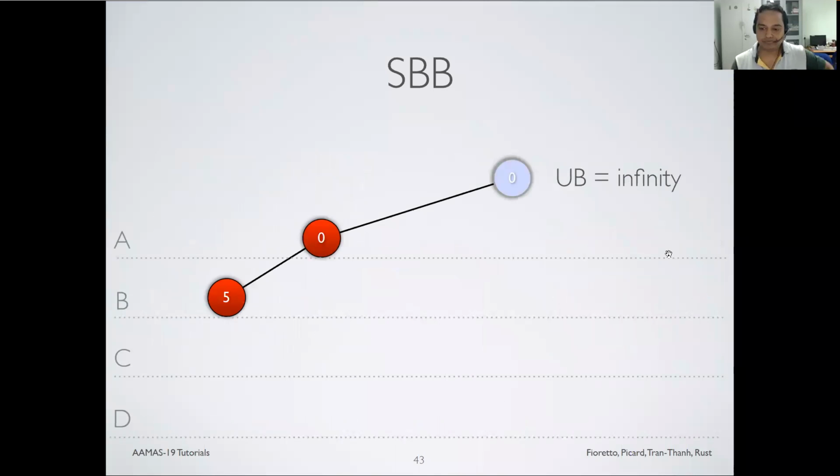Here you see A is red, B is red, the cost is 5. B is red and C is red, the cost is